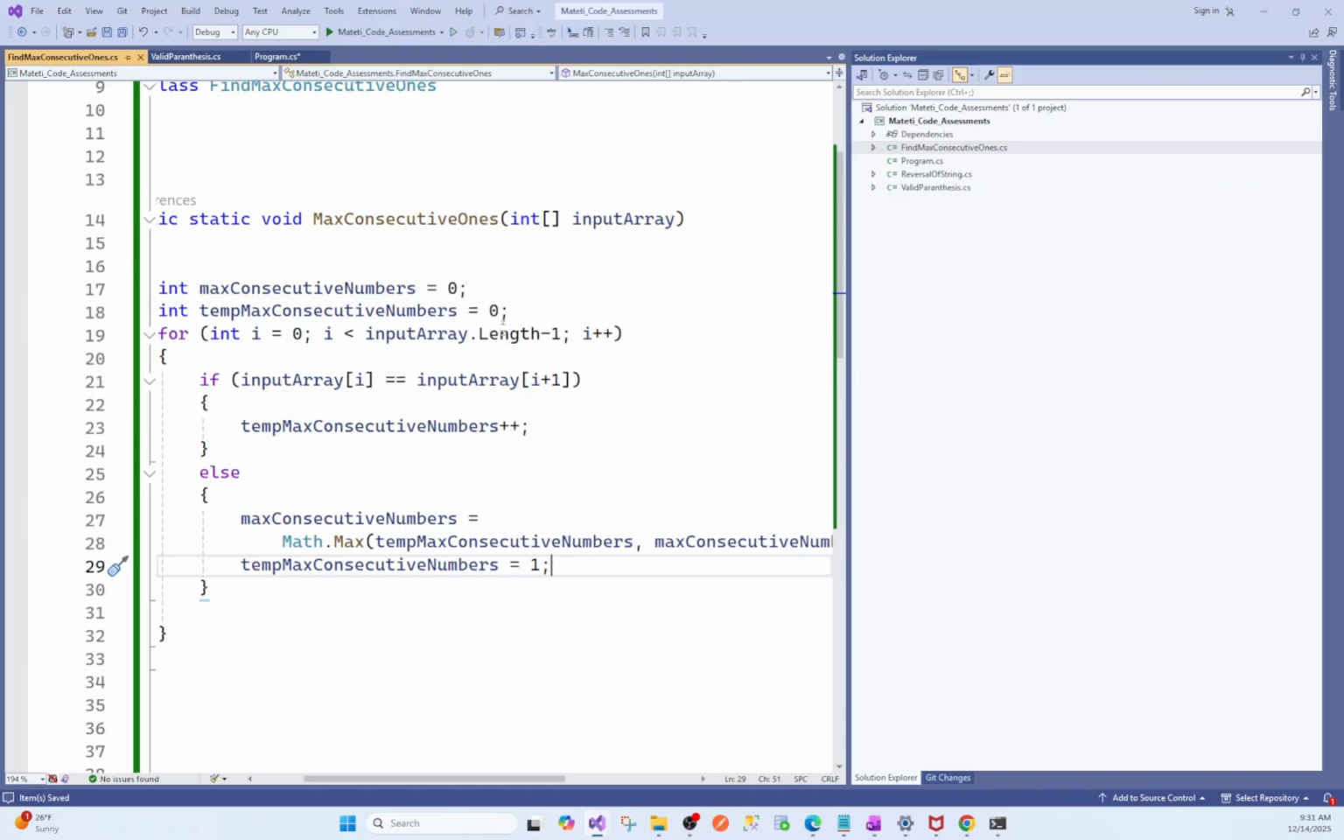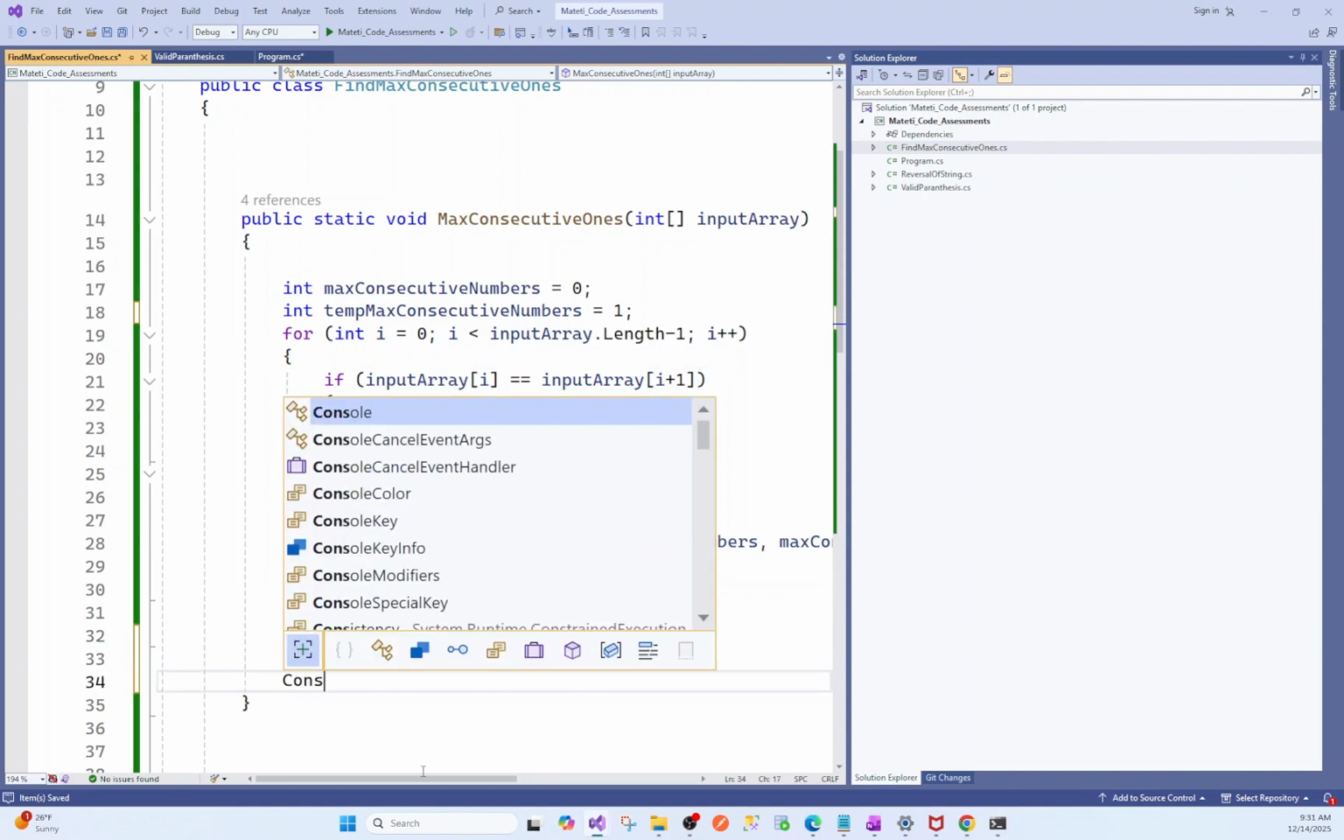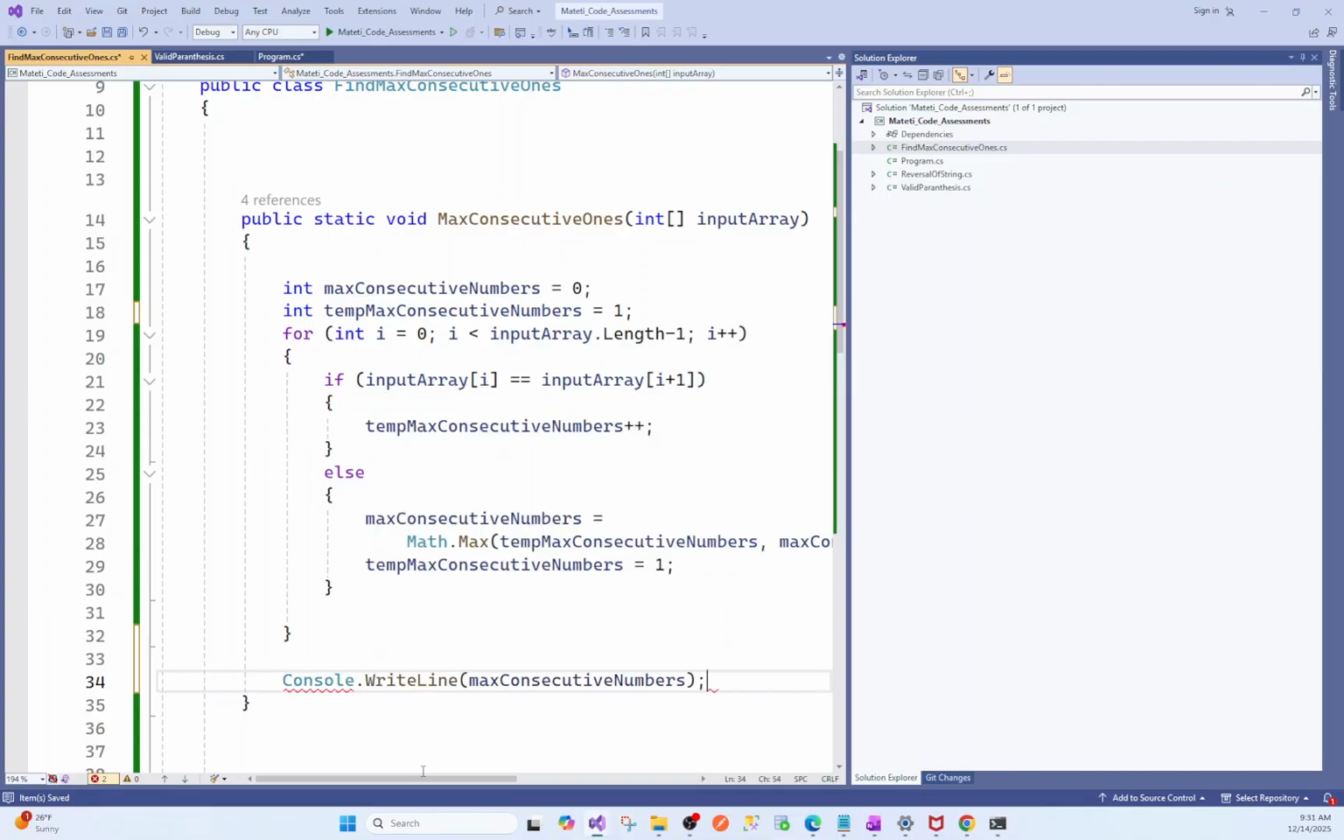So here the temp consecutive number also I'll start, instead of starting from 0, I'll start from 1, because here I'm passing two numbers, like the left side and right side number, so that it's appropriate started from 1. And finally, after completion of the for loop, Console.WriteLine,